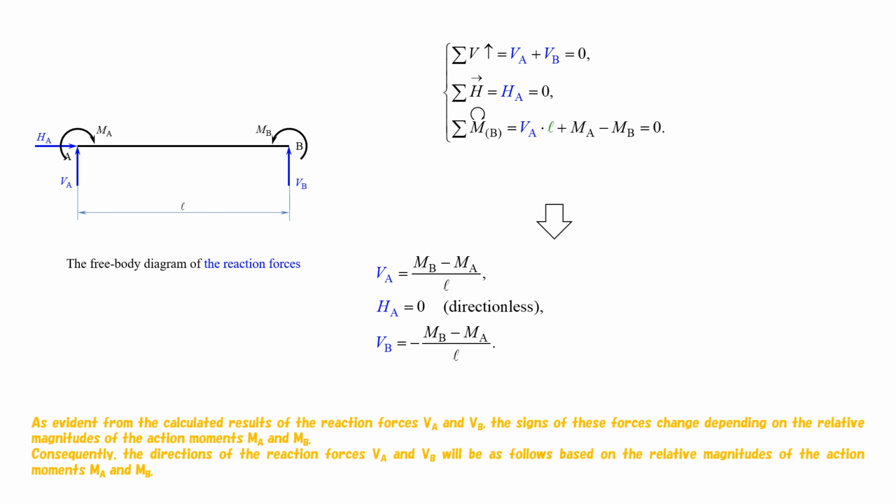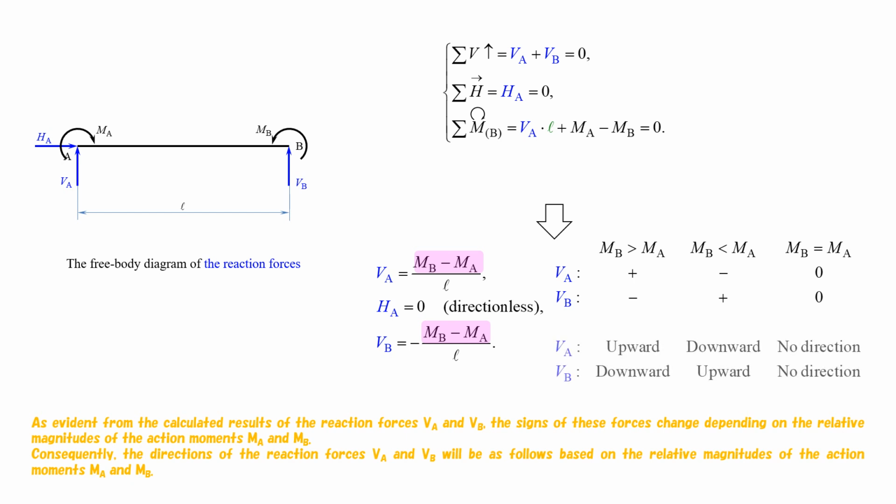As evident from the calculated results of the reaction forces VA and VB, the signs of these forces change depending on the relative magnitudes of the action moments MA and MB. Consequently, the directions of the reaction forces VA and VB will be as follows. Based on the relative magnitudes of the action moments MA and MB,